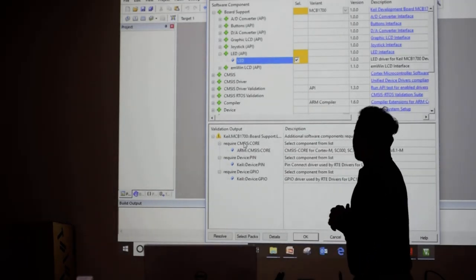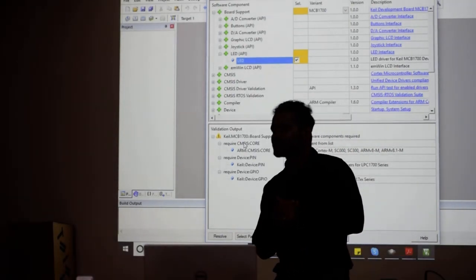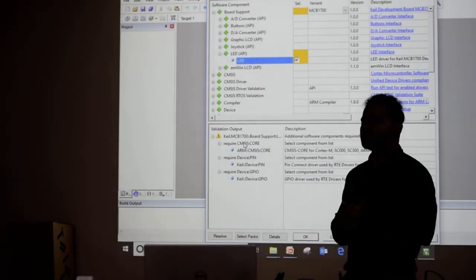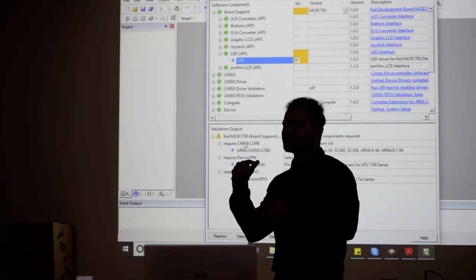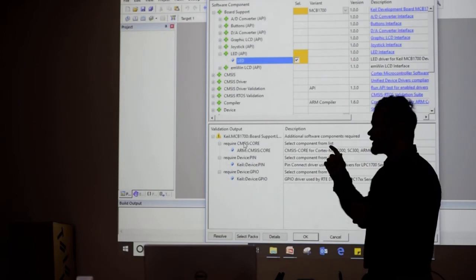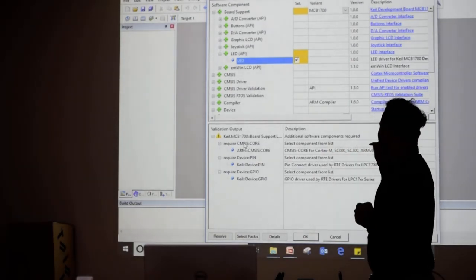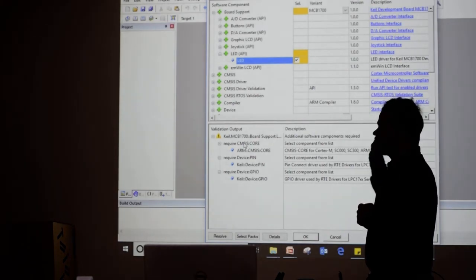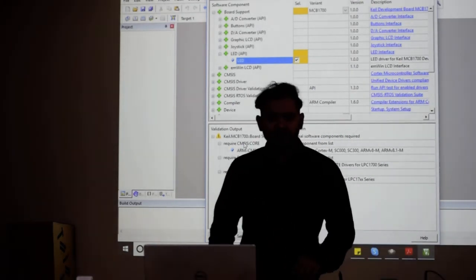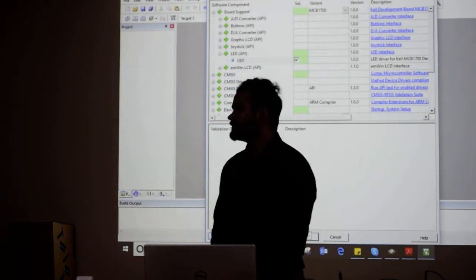Then Device LED. Suppose now if you want to glow the LED, what is the conventional method? Select the pin, make it as output, then send high, then send low. All those things can be done by the device pack, so you don't have to do that. And GPIO also. So just click on the Resolve button here. It will automatically add. Done.